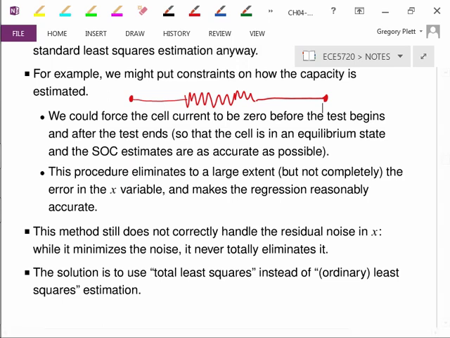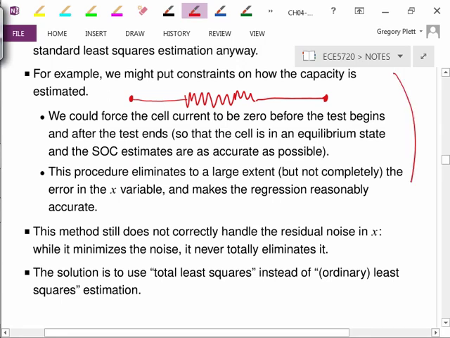So is there a solution? Are we doomed? Well, we're not doomed. Even using least squares under these controlled conditions can provide capacity estimates that are not too bad, although we will look at some examples by the end of the chapter that show that the bias might be larger than you think it is. There is a solution, and that is a method called total least squares, which replaces the